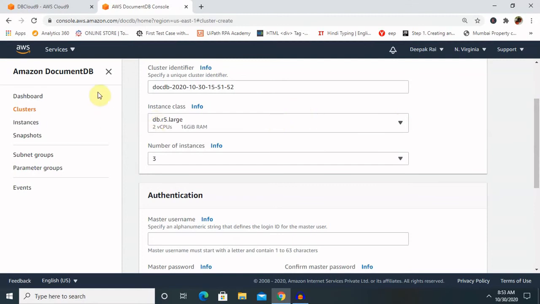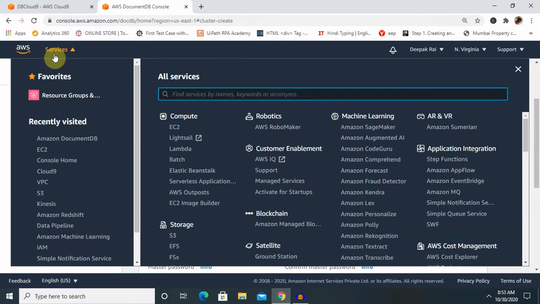And finally, the next step, installing the MongoDB shell. For installing the MongoDB shell, again we have to visit MongoDB.